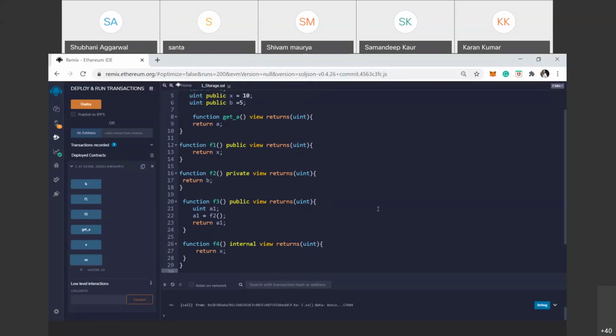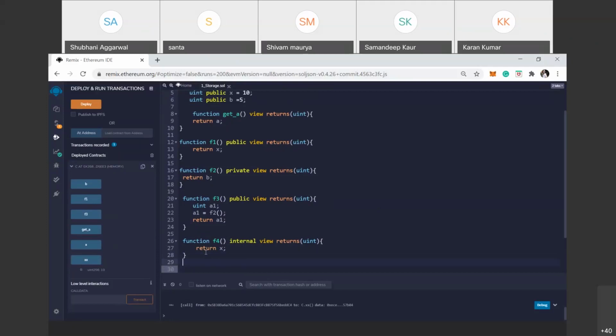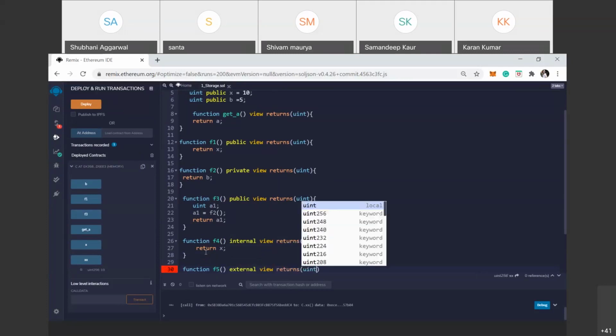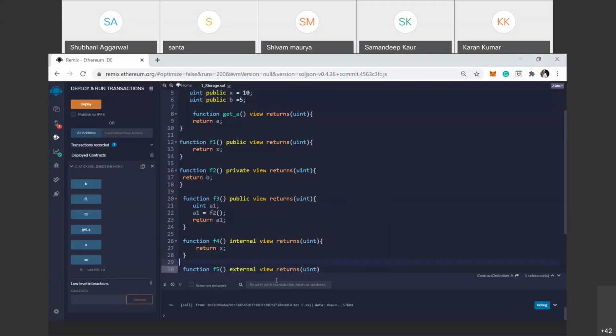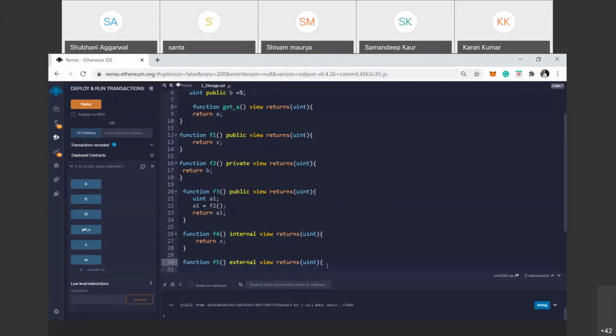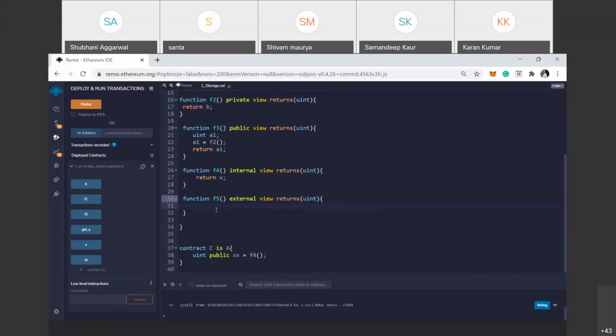No, ma'am. Okay. Now we'll discuss the external function. Suppose f5, if you write external visibility, view returns uint, it also returns the value b, suppose.